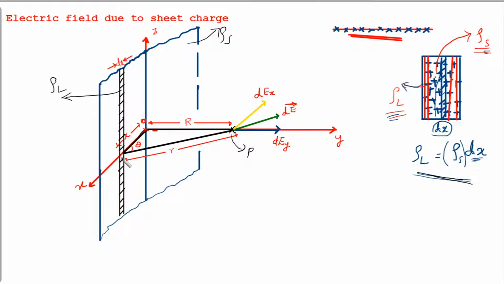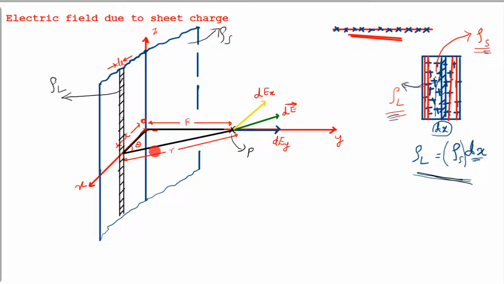As well, I measure from the portion where I considered dx, from the x axis, the distance to point P. This I also measure, and I have labeled it as small r, and let this line make an angle theta. Some angle I have marked as theta. You can mark it with any letter, but it is better to use Greek letters when we mark angles. That is the practice, right? So I am using theta.